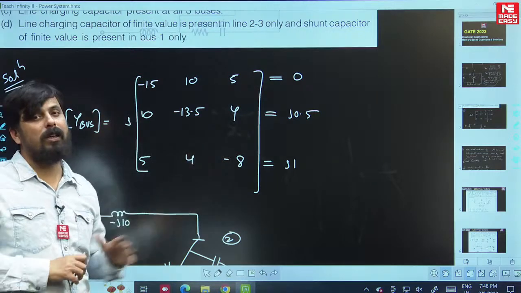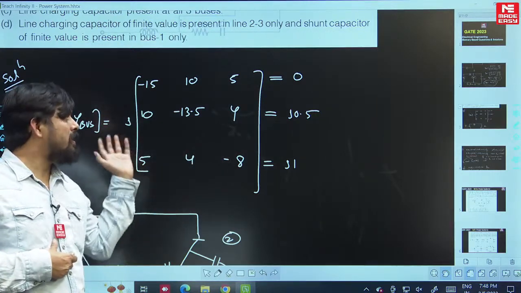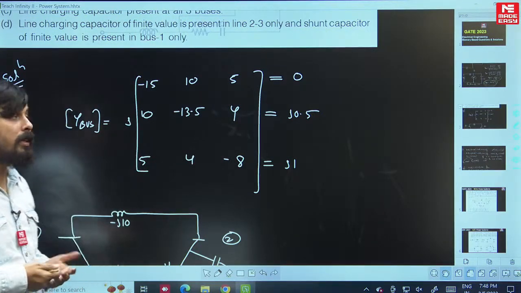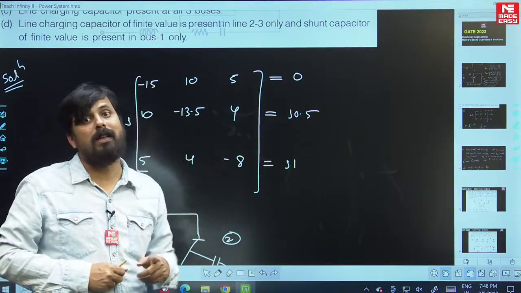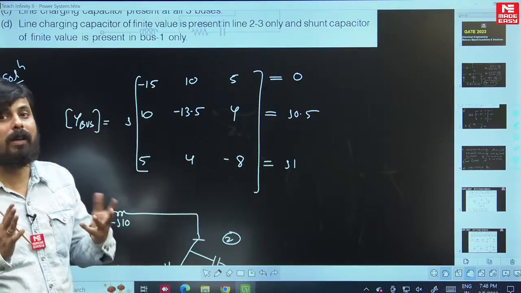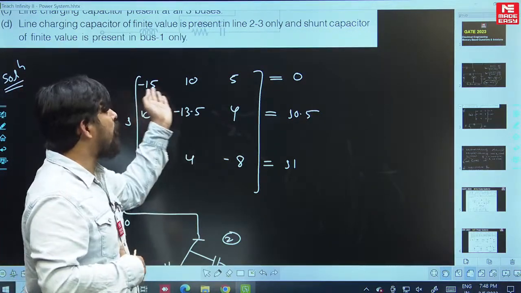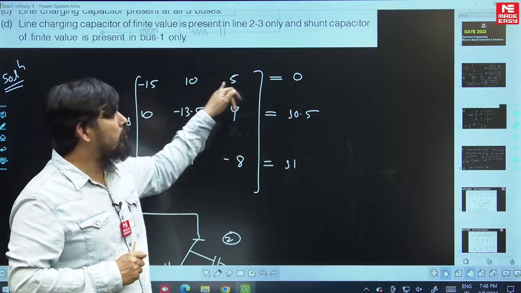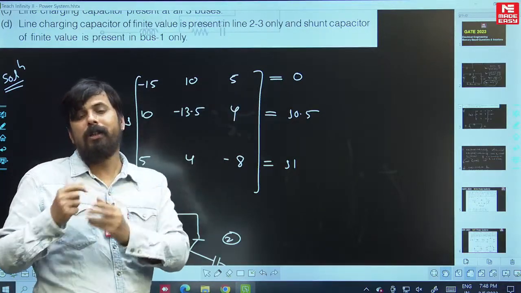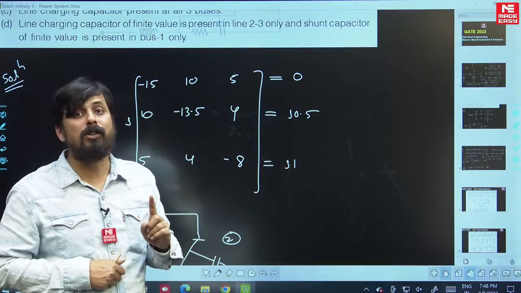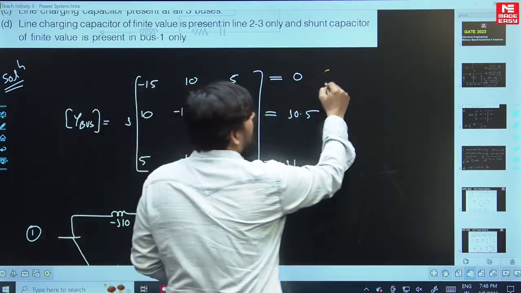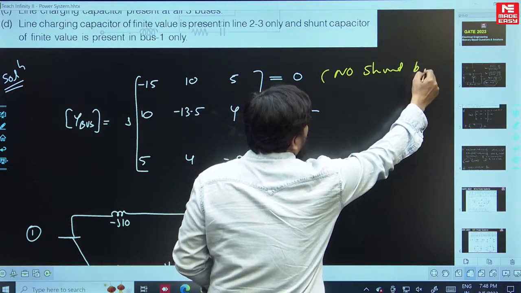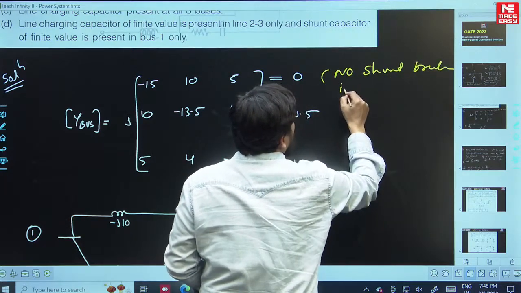पहली बात तो ये वाई बस 3x3 है, इसका मतलब जो नंबर ऑफ बसेस हैं वो 3 है। ठीक है, अब कौन सी बस पे शंट ब्रांच है, किस पे नहीं है, इसको पहचानने के लिए मैंने आपको क्लास में बताया, आप रोज को ऐड कर दीजिए। आपको बताया गया है क्लास में कि जब वाई बस की रो एंट्रीज को ऐड करते हो, सम अगर 0 आता है, यानी अगर 0 आ गया तो यहाँ कोई शंट ब्रांच नहीं, नो शंट ब्रांच इज प्रेजेंट।